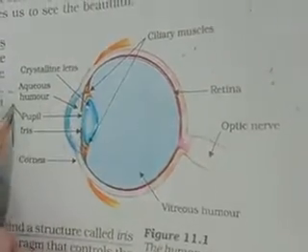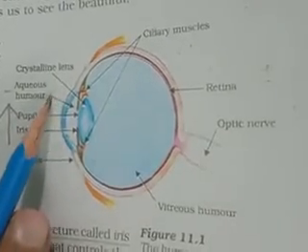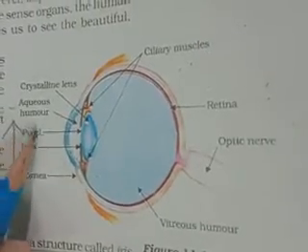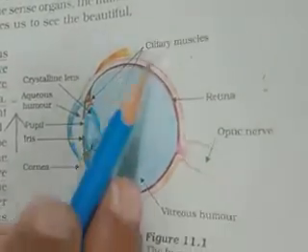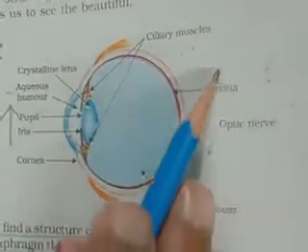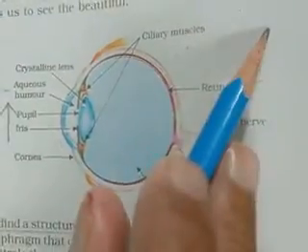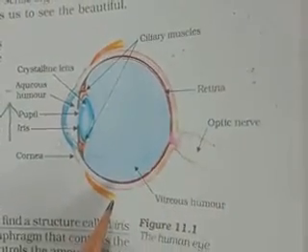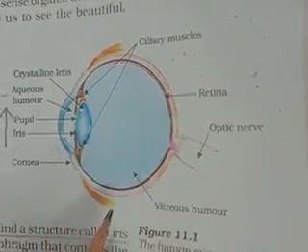Again, I am reviewing. Any object kept in front of the human eye, light falls on the object. After that it is reflected and enters the human eye. Short review: then this image is formed on the retina for approximately 1/16 second. The retina passes the information through the optic nerve to the brain, and the brain has the power of recognition of the object. So today you will read the construction and working of the human eye. Thank you.